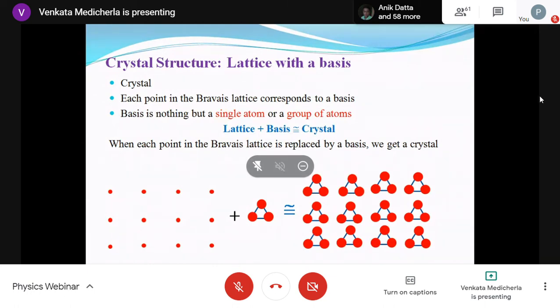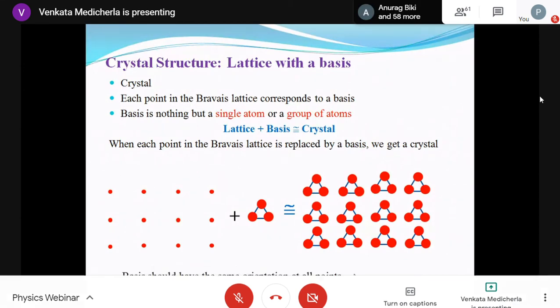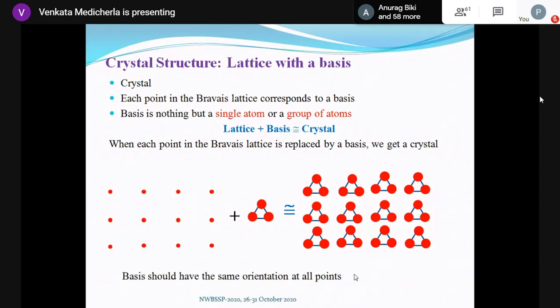In reality, for crystals, each point corresponds to a basis. What does basis mean? A basis is nothing but a single atom, or a group of atoms, or sometimes ions. It can be ions also. So generally, a basis is a group of atoms. That means if you replace each point in the Bravais lattice by a group of atoms, you get a